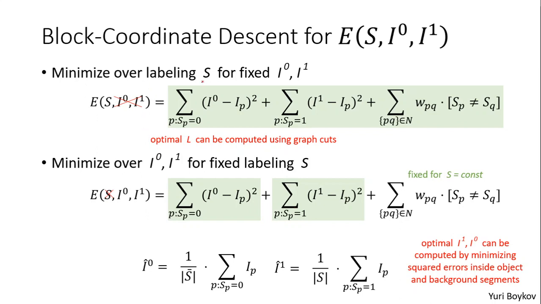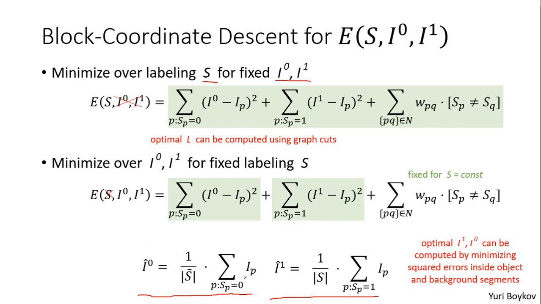So minimize over labeling S for fixed I0 and I1. We fix I0 and I1 based on the currently given user input. Assume that the user says, okay, these are the pixels that may belong to the object and these are the pixels that may belong to the background, or some thresholding technique that you use as the initialization. Some reasonable initialization must be there. Based on that, we find an initial segmentation. Based on that initial segmentation, we have the object and the background. So from that object and background, we can estimate I0 hat and I1 hat,